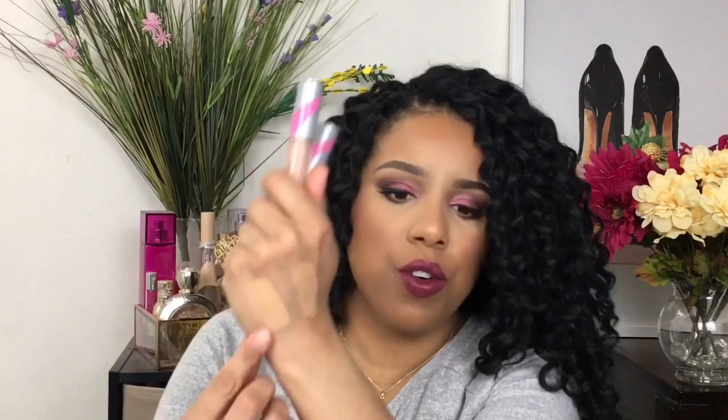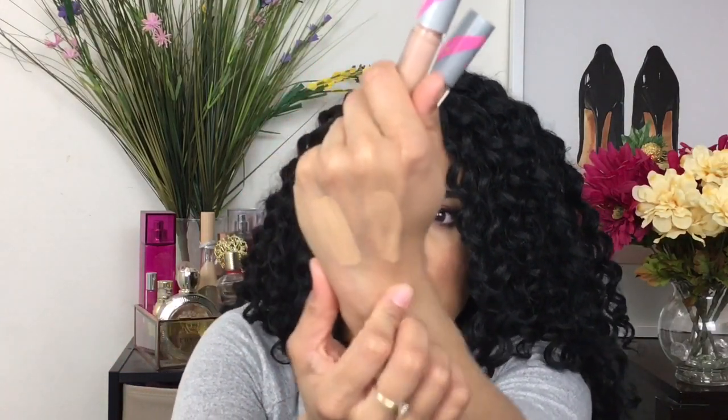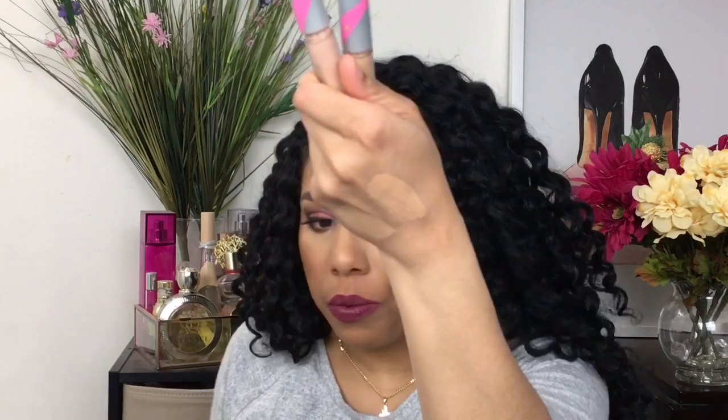I would say that 4 is like my everyday type of color. 5 looks a little more peachy, but I'll work with them both. In the 2, 4 looks a little bit more pinky, but we shall see. I'll be trying these to see how I like them, especially with the drugstore one, and seeing how I want to